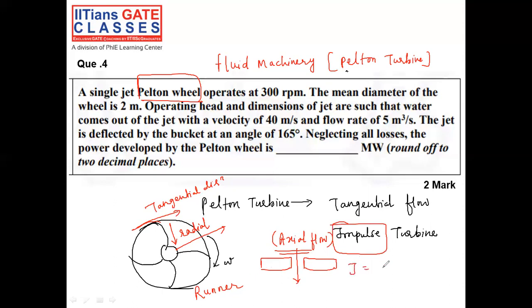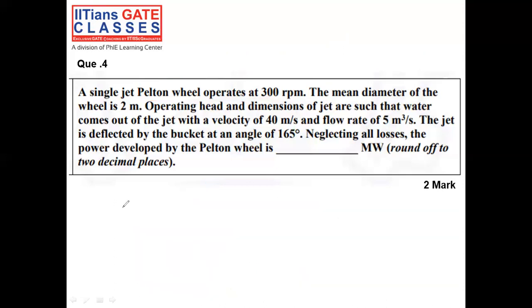See, impulse formula, we are going to have force into dt, a very large amount of force acting for a short duration of time. Because if you look at the structure of the Pelton turbine, this is a dam. Now, this dam construction is there, and through that, there is a penstock with which the water is taken to the nozzle. Of course, in between there is also a surge tank to stop the water hammer.